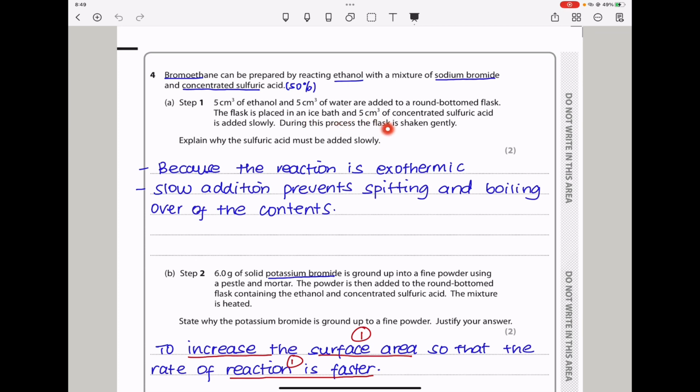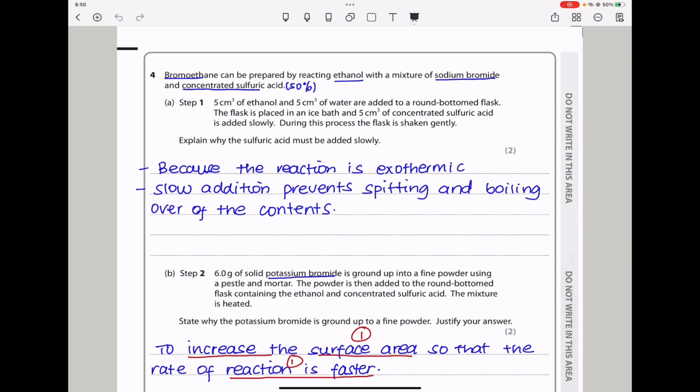They said during this process, the flask is shaken gently. Explain why the sulfuric acid was added slowly. We know that this reaction is extremely exothermic, so slow addition prevents the spitting or boiling over of the contents